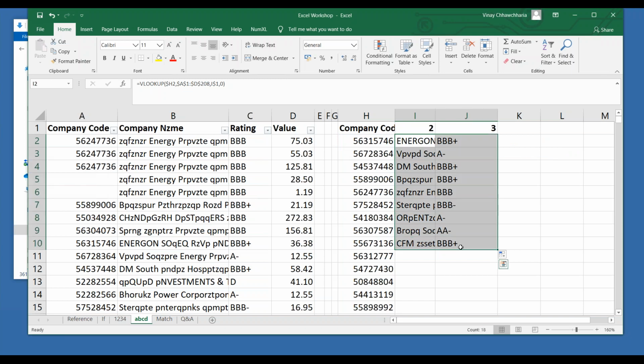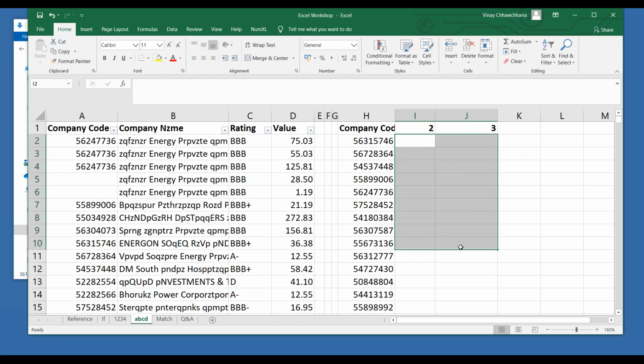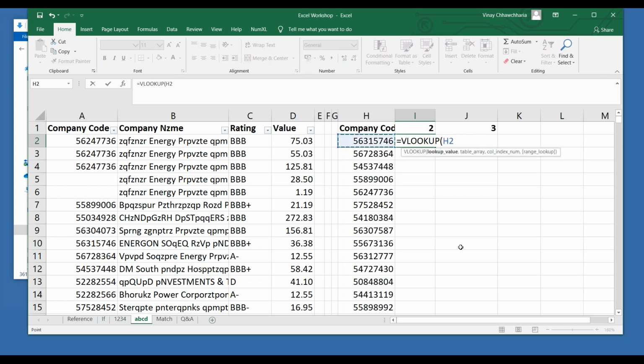So the task was I was writing VLOOKUP again and again. The point is, if you are writing the formula again and again, then it is increasing your manual work. So instead of those 2 tags, I have written 2 or 3 over here, equal to VLOOKUP. I have to do VLOOKUP of this. So I am freezing the H part of it, which is the column part, because I know I have to drag the formula to the right. I am selecting the table. I am freezing the entire range. I wanted the numerical value 2 over here.